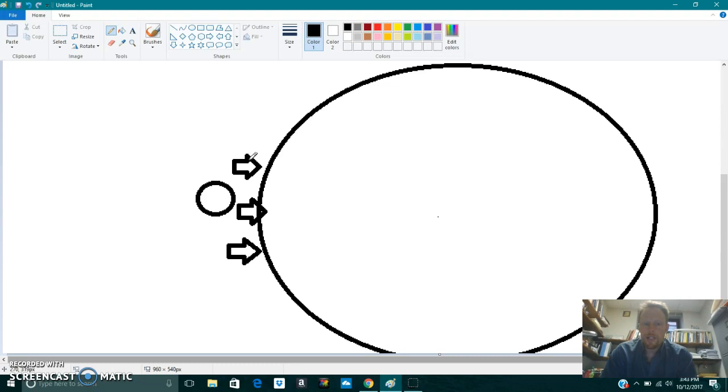This first arrow at the top, we're going to call this rehearsal. That is one of the ways you can get information into long-term memory, and it is, frankly, the worst way. The second way, this arrow, represents organization, and organization is a good way to move information from working memory to long-term memory. It basically is a